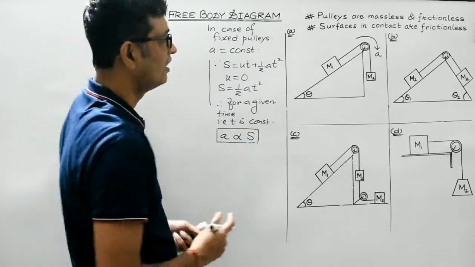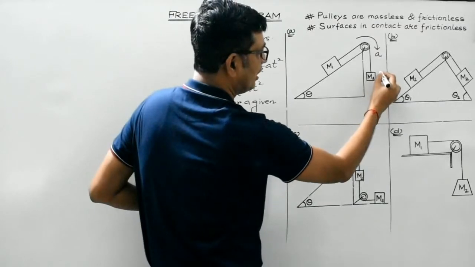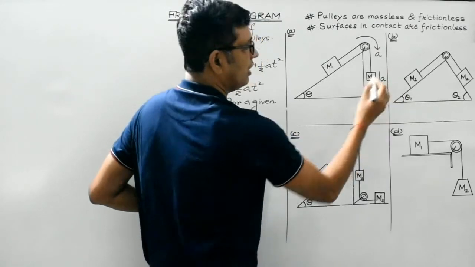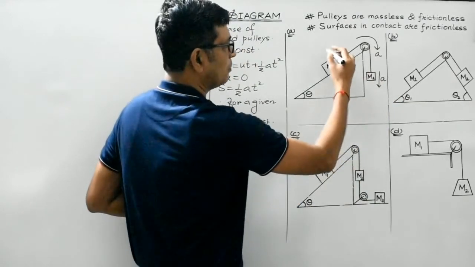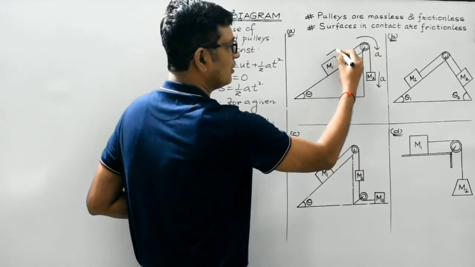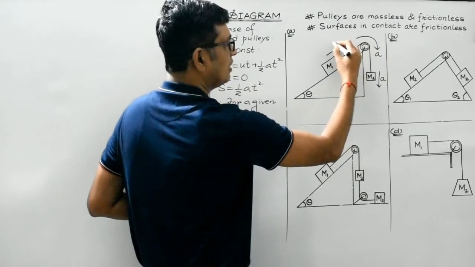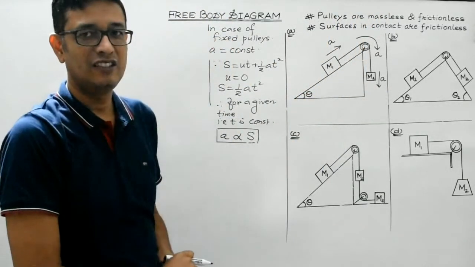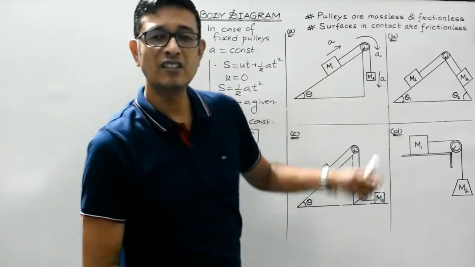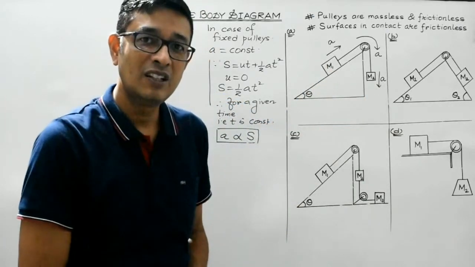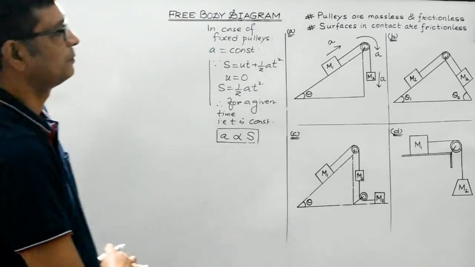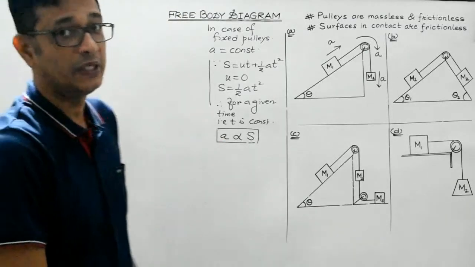So, if the bodies cover same distance in a given time, then the acceleration of those 2 bodies must be same, isn't it? So, in this case, if the body of mass m2 has acceleration a in the downward direction, then body of mass m1 will also have acceleration of same magnitude, but in this case it will be up the inclined plane as shown in the figure. Right? So both the bodies constituting the system will have the same acceleration in magnitude. Okay. Now let's draw the free body diagram.